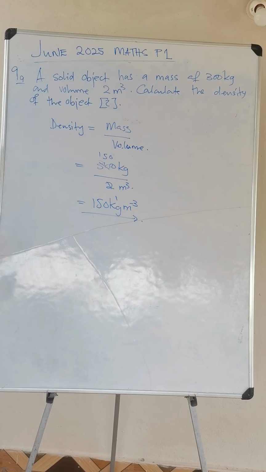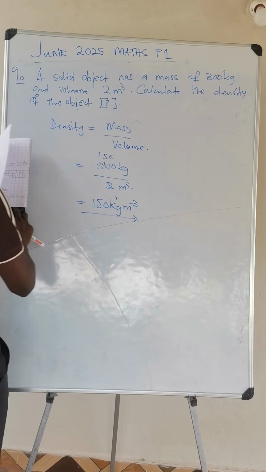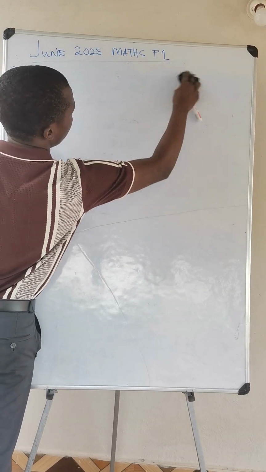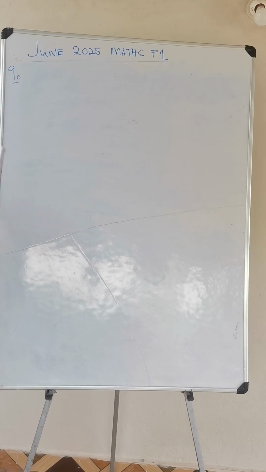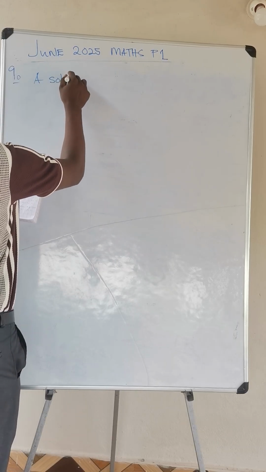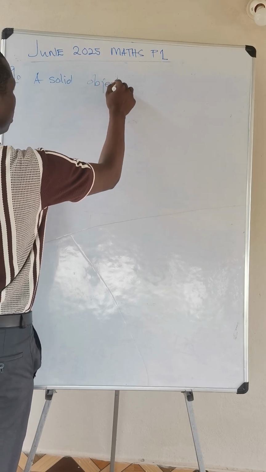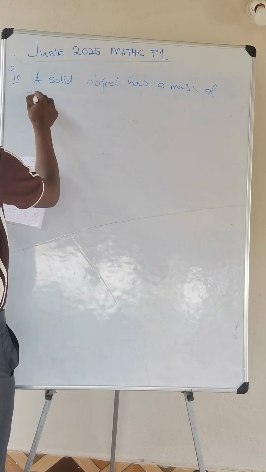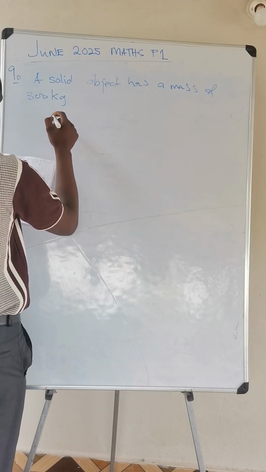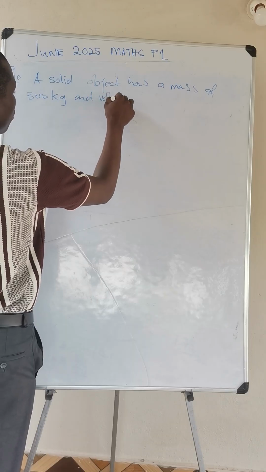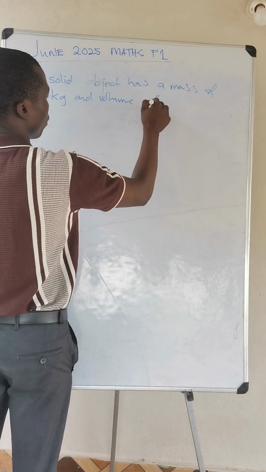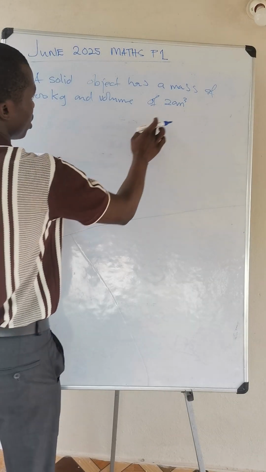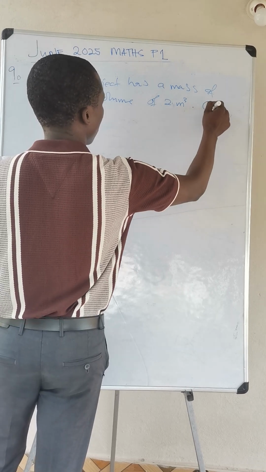Okay, let's move to the next question, which is number 9B. Question 9B. A solid object has a mass of 300 kgs and a volume of 2 cubic centimeters. Sorry, it's 2 cubic meters. Full stop. Calculate